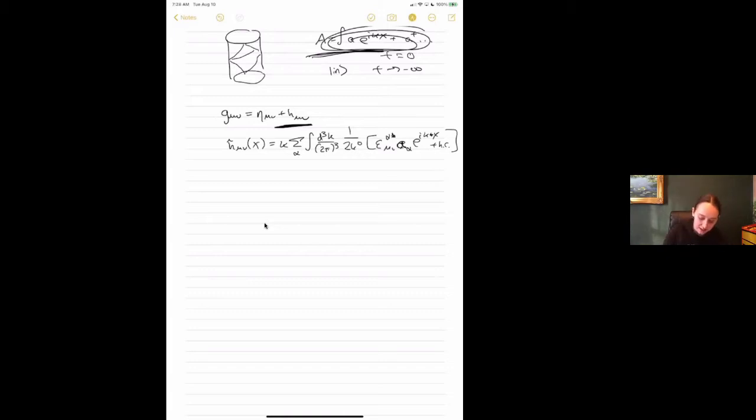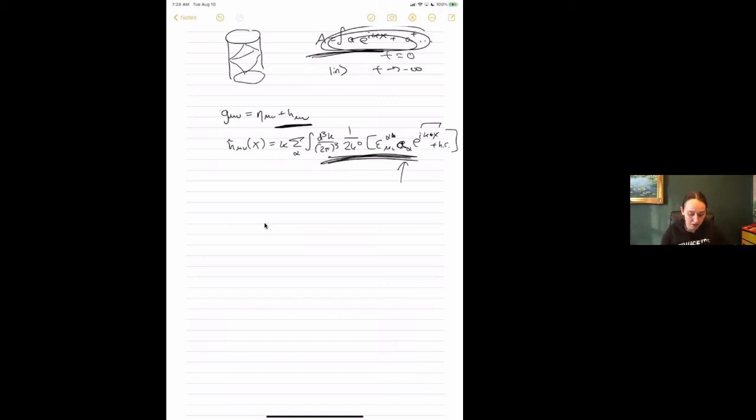This is just my standard expansion. I can think of it as an interaction picture, but basically I've just Fourier transformed and let the modes evolve with the energy of the free particle. So right now I'm just thinking of these as the free modes. What I'm saying is that we've decomposed it into Fourier modes, and these operators, acting on the vacuum, in this case the out vacuum, would create the single particle state.